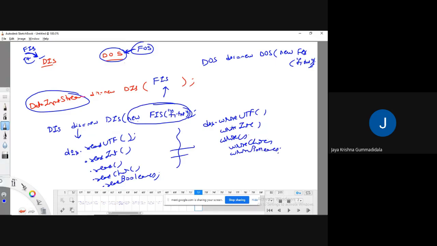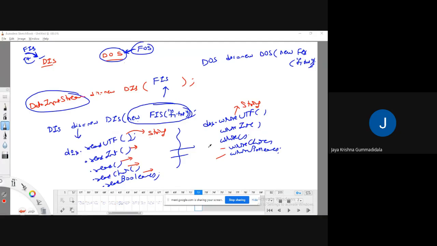Various kinds of methods are there. What is the purpose of all this? The method name itself is clearly understood. It is meant to read integer data, to read a character, to read boolean values, and to write integer data, character values, boolean values. UTF means to perform string operations, to read string data and to write string data.